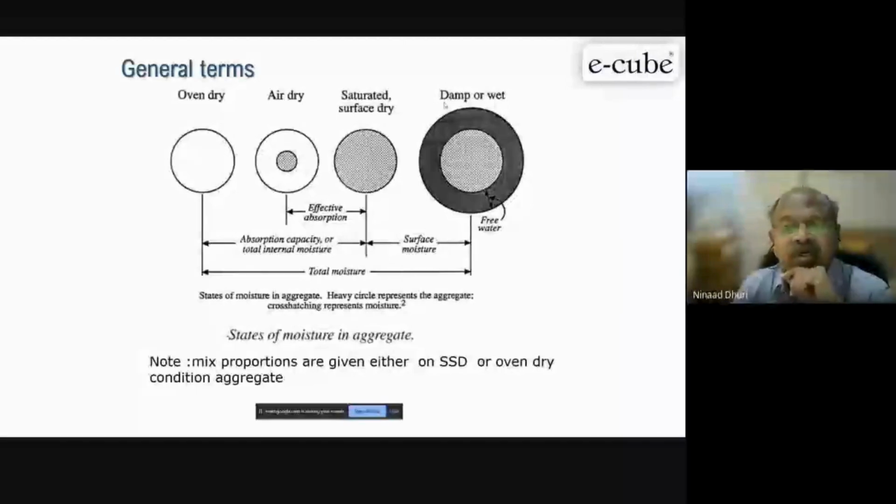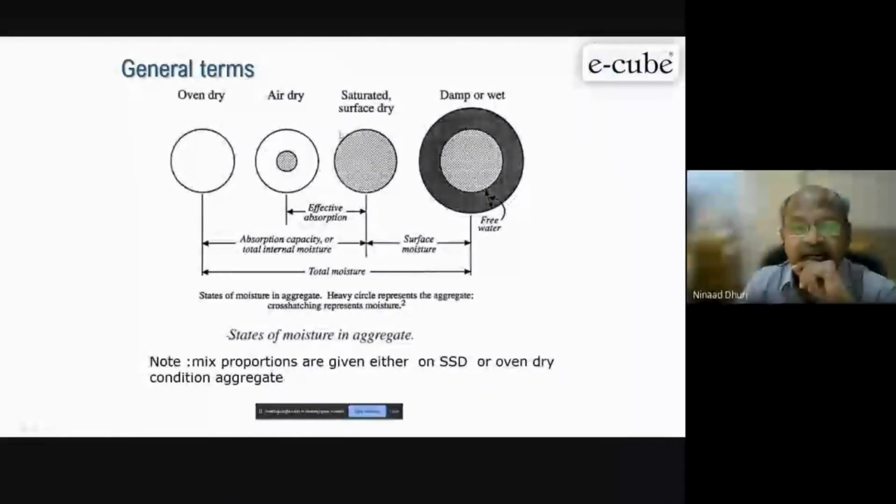When you don't do any correction and do the batching with this aggregate in this state, it will absorb water, and you will find within 5-10 minutes your slump has dropped drastically. Workability has dropped drastically. In these cases, often the initial slump is very, very high, which is not expected. And if you make any water correction here without knowing the surface moisture, then we'll have a lot of issues in strength also, because